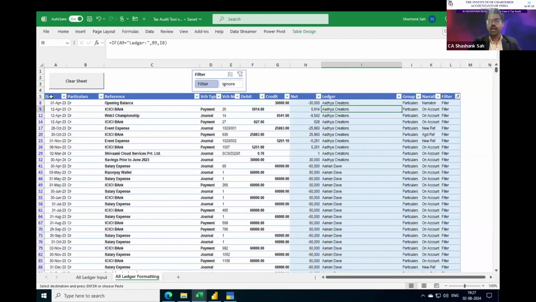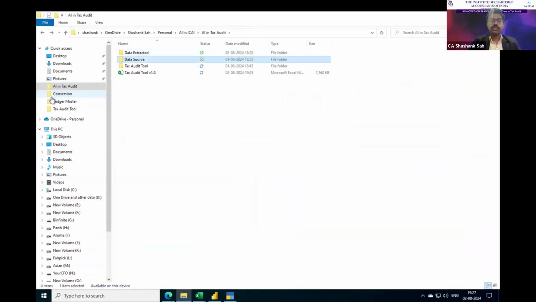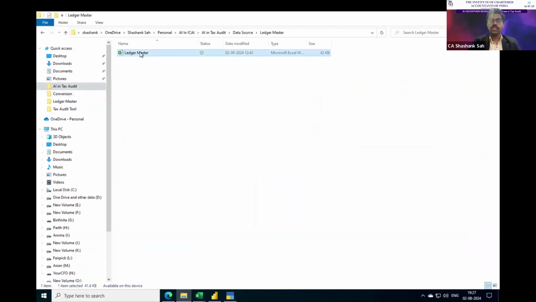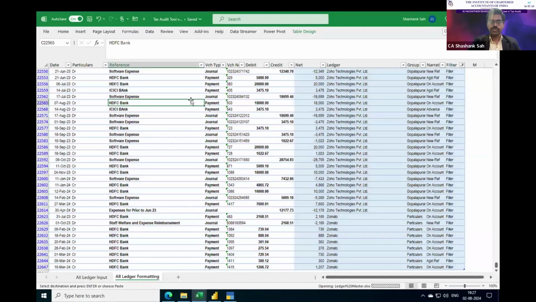this is the ledger, Adya Creations, and ICICI Bank voucher number 26, which were previously appearing in multiple lines. Once this is done, we have to copy this data and put it in a separate data source folder as all ledgers. And then we have to use the ledger master and highlight a couple of entries over there